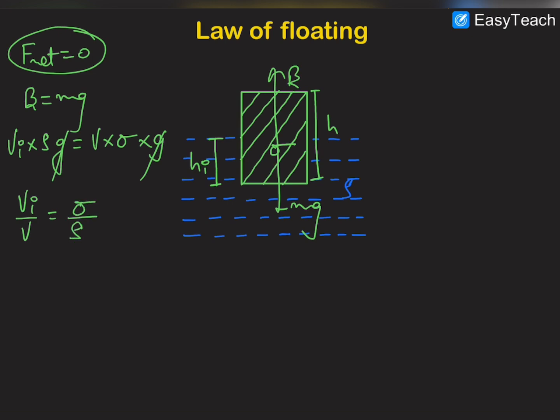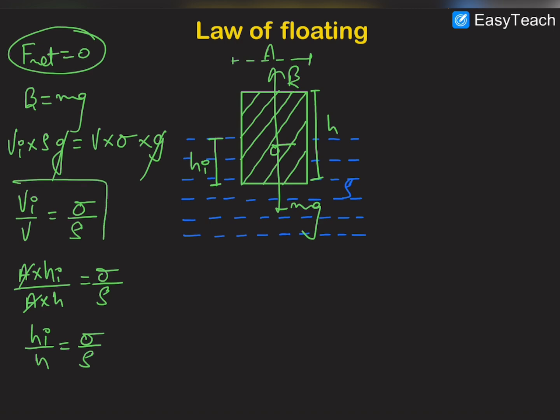And if the area of cross section of this block is A, then Vi will be A into Hi, and V will be A into H, and it is equal to sigma by rho. Cancelling A with A, Hi by H will be equal to sigma by rho. So we have to remember these two expressions, and we can conclude that if sigma is